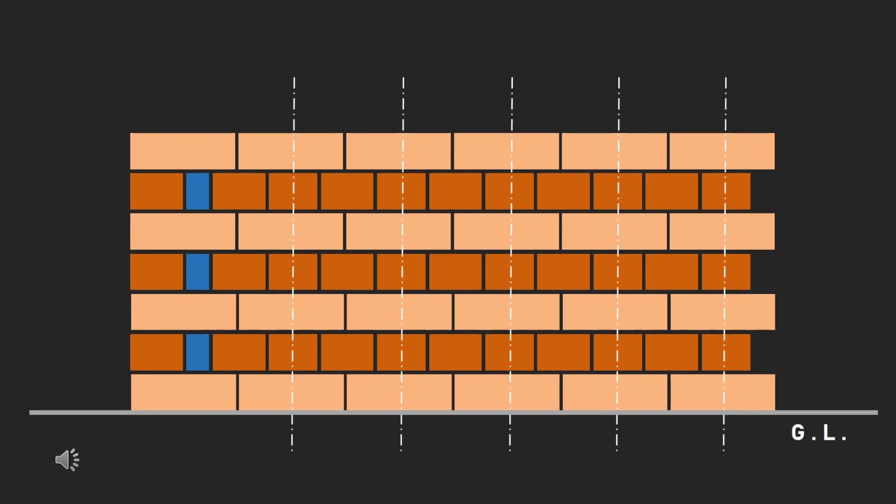And this is finally how a wall in English bond looks, with its alternate courses of stretchers and headers, with the blue colored box representing the queen closer half, which is responsible for breaking the joints. And as you can very clearly see here, all the vertical joints are broken and are in a toothed fashion. The dotted lines show that for every stretcher, there is a header centered onto it in the course above it and below it, which is the indication of English bond and which makes it easy to understand English bond.